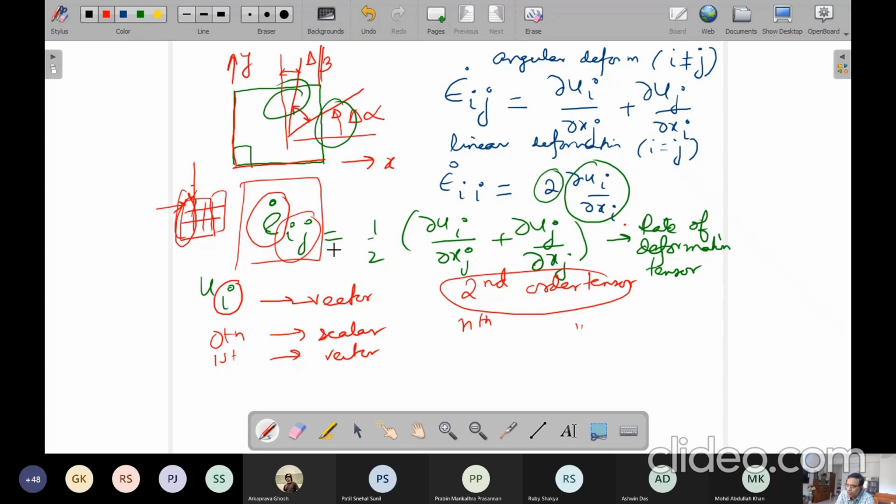But at least you can understand that this is a second order tensor because it is more general than a vector, which is the first order tensor, and it requires 2 indices for its specification. Let us keep this understanding up to this level for the time being, and we will expand this horizon of understanding as we will learn more examples of this second order tensor.